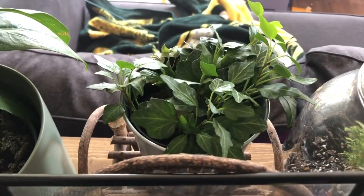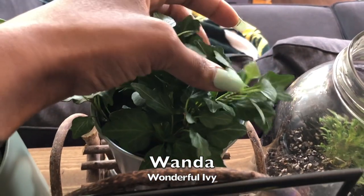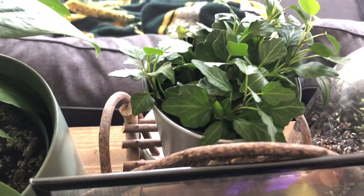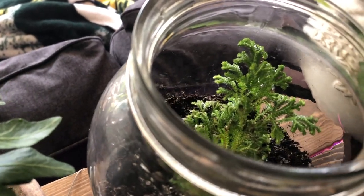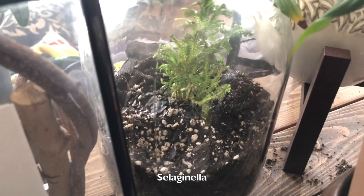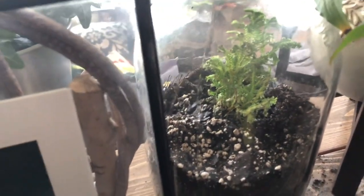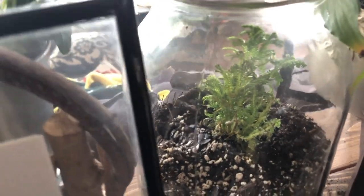This is the wonderful ivy. Her name is Wanda. She doesn't have spider mites yet. Knock on wood. She stays that way. This is more moss. I threw it into this jar that has a lid, and then it got too humid, so we're gonna see how we do about keeping that alive. Anyway,